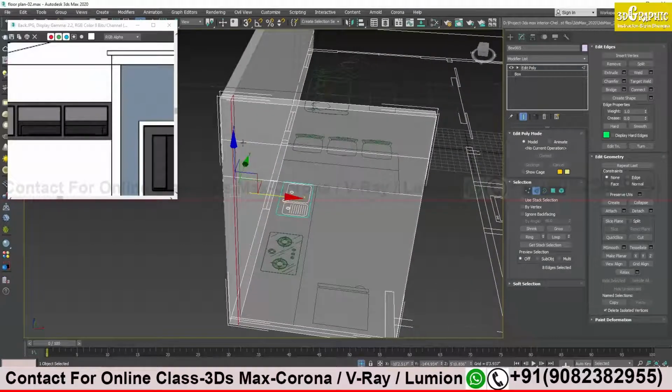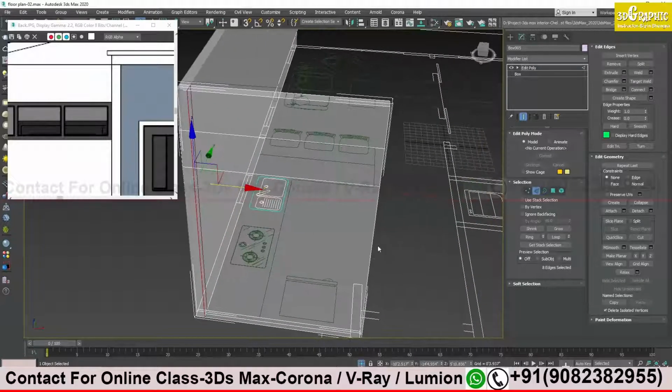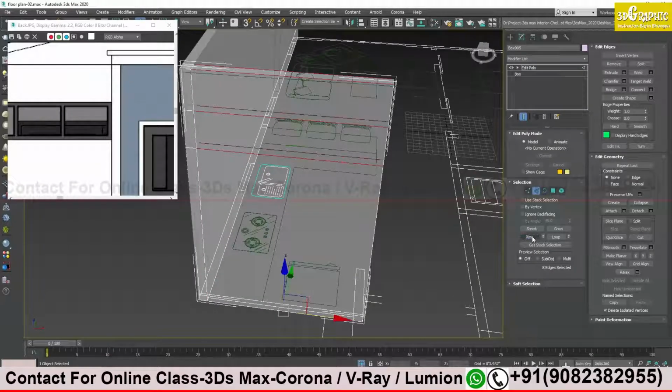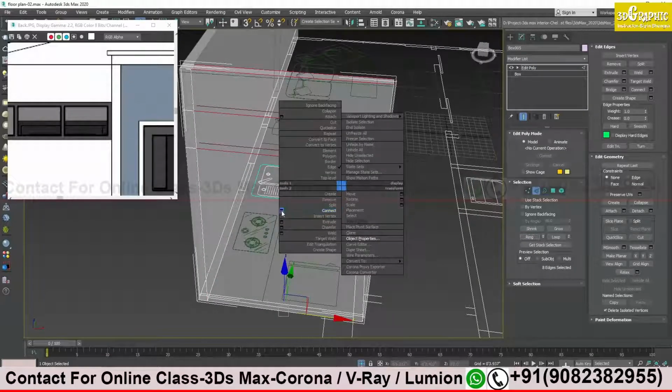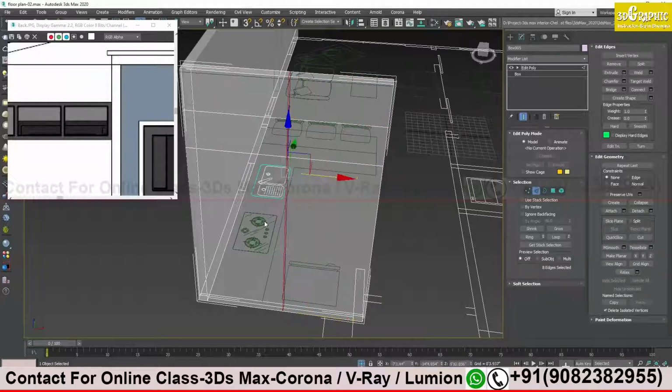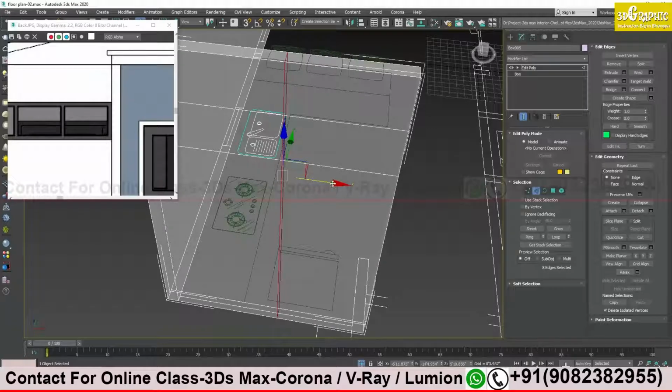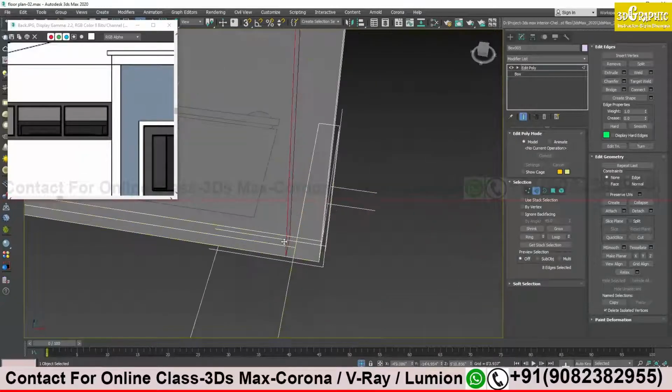I will repeat the same step for this right side corner of the wall. Click over here, ring, right click, connect, okay, and then just drag it out. Drag in one direction. Again I am telling you, click on the arrow sign and drag only in one direction until it reaches over here, na?